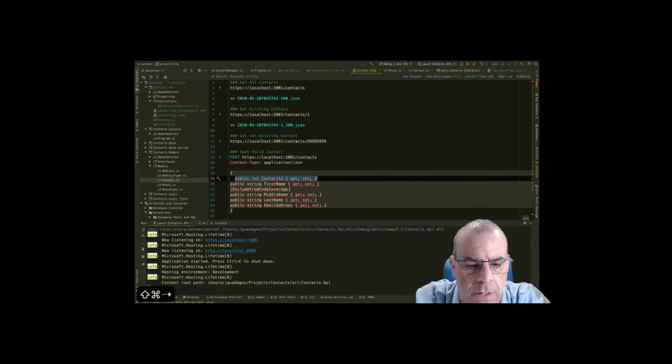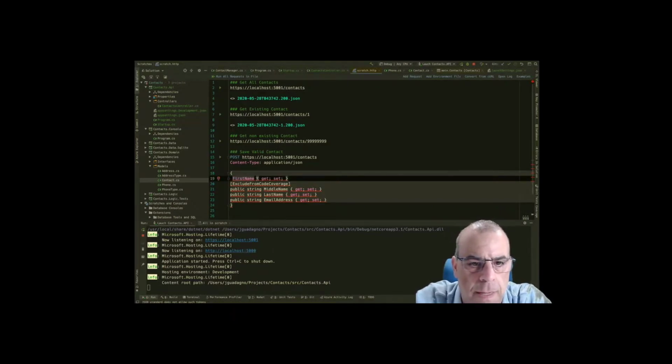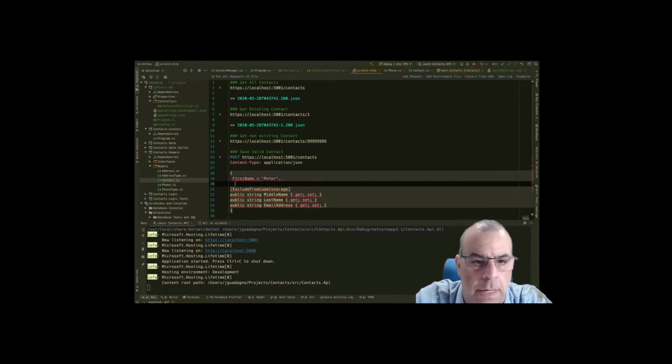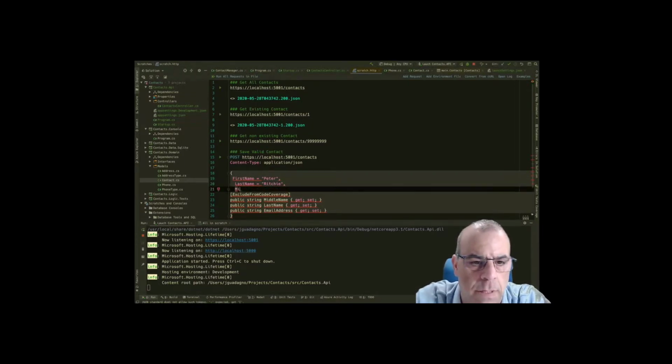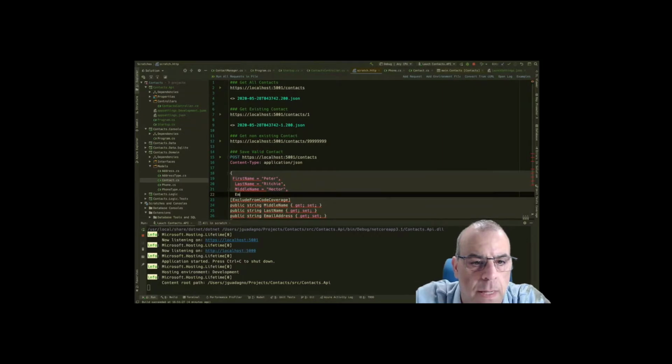Ignore all this dirtiness for now. We will clean it up. Usually once you have one of these, you can just copy and paste. We don't want a contact ID because we should get one of those. So let's do contact first name, and we're going to set that equal to Peter, since Peter is on the call right now. Then last name equals Richie. And then his middle name equals, oh, let's use something funny. Hector is his middle name, and his email address equals don't mail at